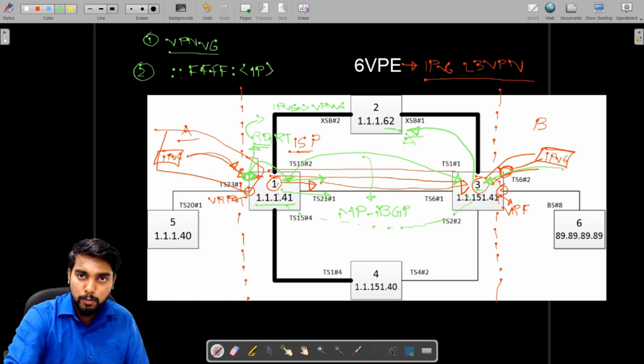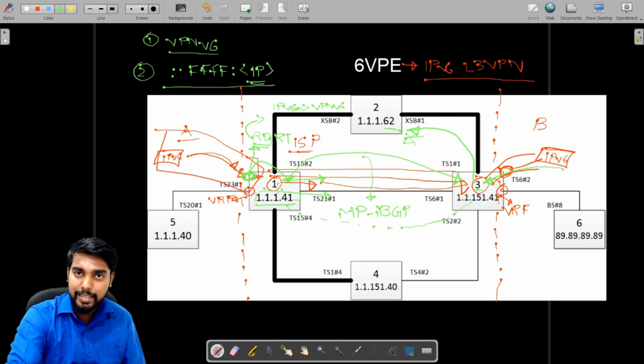When NPT number 1 shares the VPNv6 route with router number 3, the next hop will be ::FFFF: the IPv4 address of this router, which is 1.1.1.41. The combination of this unique address is an IPv6 address.